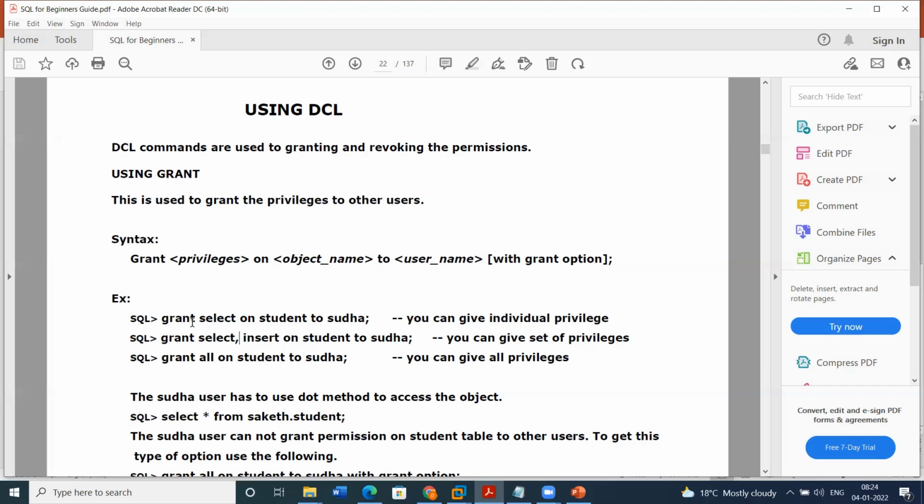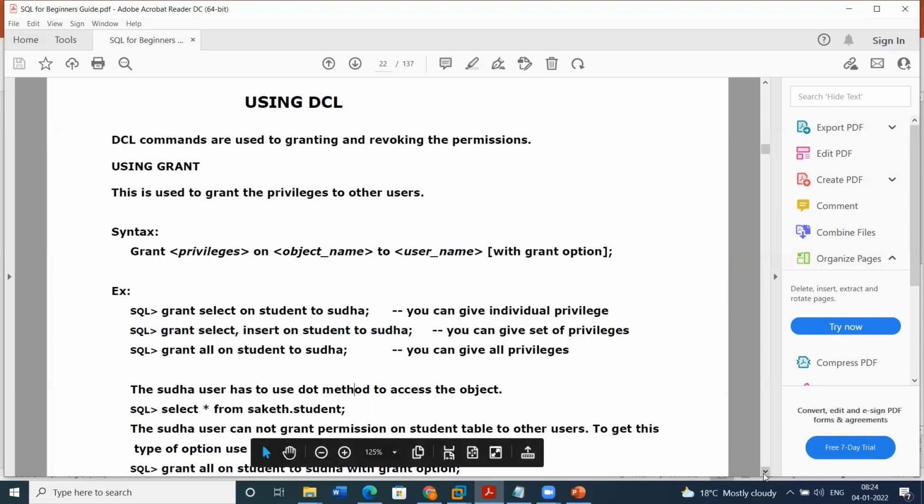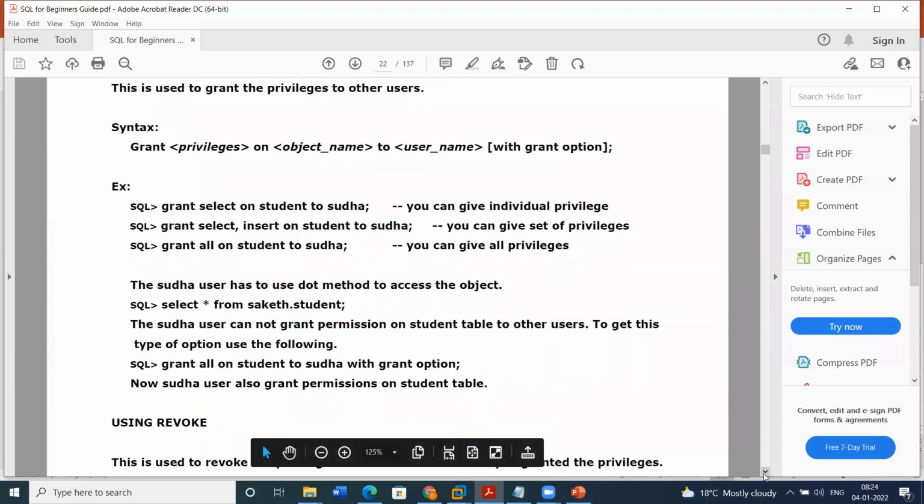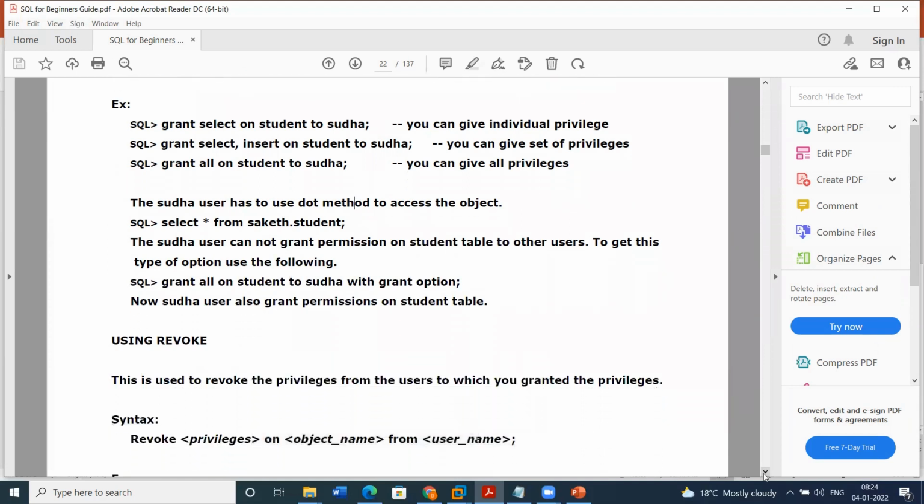They will also have a batch user ID, and the batch user ID has access for DML and DDL. So they can choose what type of access they want to give to the user. Another method of granting the access is grant all on student to user Sudha with the grant option. This is one of the options where we give entire permission, all permissions.